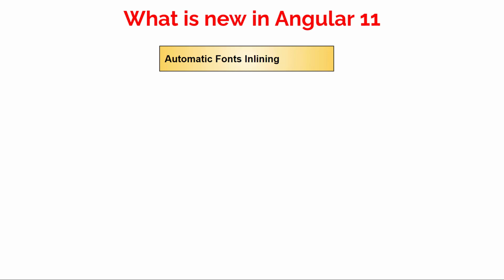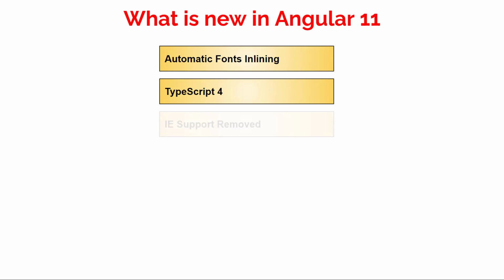Next one is Angular now requires TypeScript 4 version. It will help in faster compilation and result in faster build and deployment. Next one is the support for a few versions of Internet Explorer is now removed. It's a long known issue that Microsoft Internet Explorer has been a problematic browser in the past.